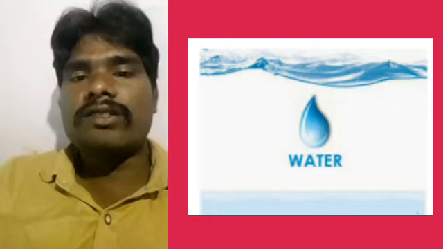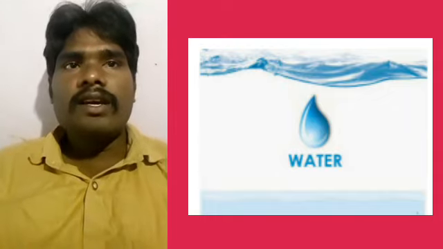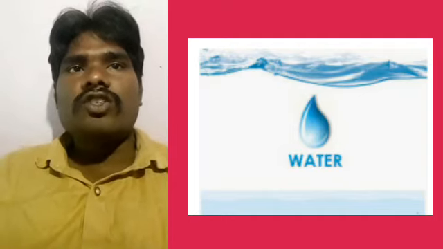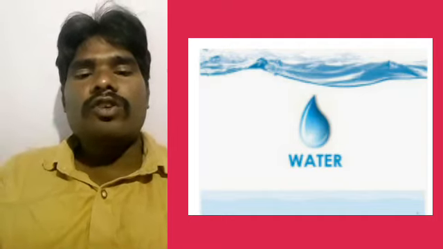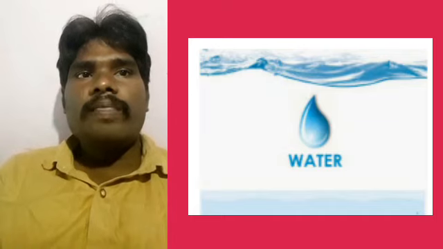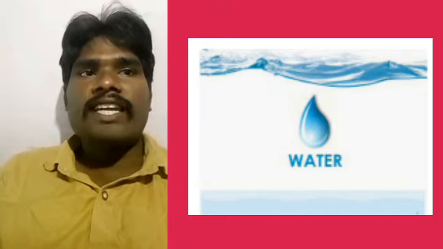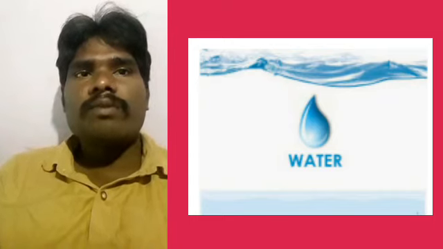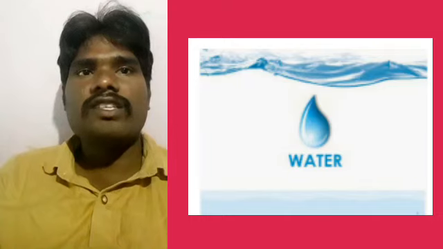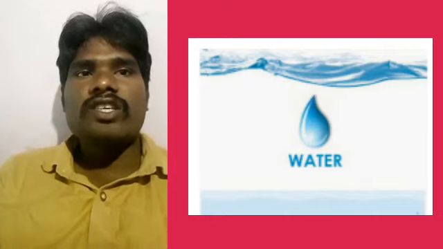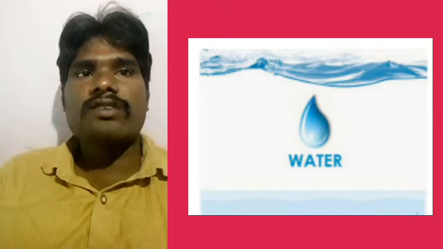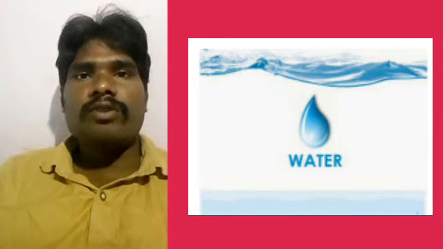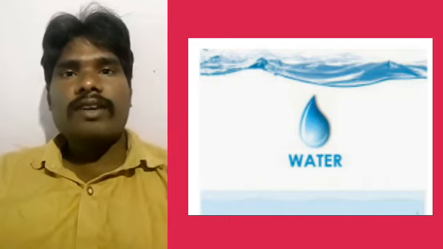Students, next, listen carefully: uses, problems and conservation of water resources. For that you must first know the uses. Water we may use for agricultural purposes, industries, irrigation and domestic purposes. And some problems are also happening: shortage due to urbanization, demand for food and cash crops, and rising standard of living, and water pollution. We must do conservation for that.